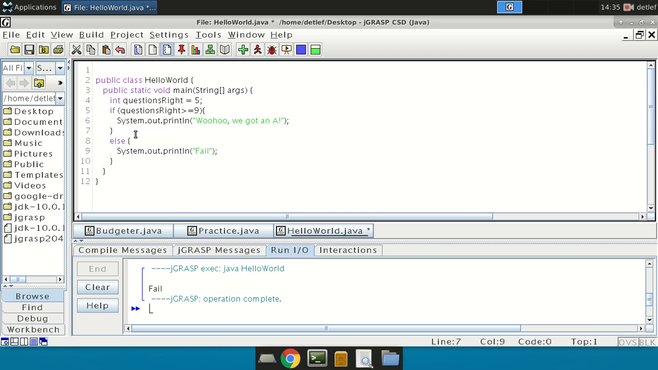So instead of doing another if, because if we do something like if questionsRight is larger than or equal to, oh, whoops, I split this up. So we say if questionsRight is larger than or equal to 8, which is what we had before, then say System.out.println pass. Now we could do that,